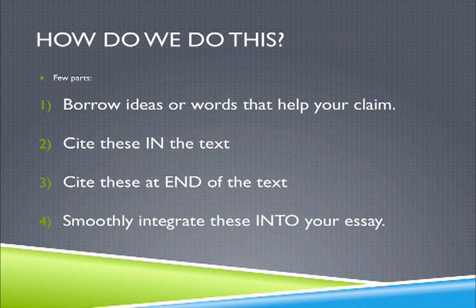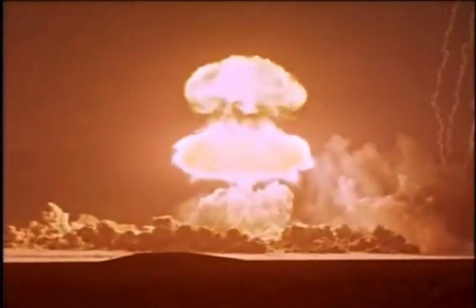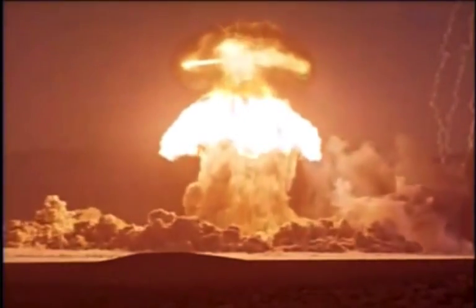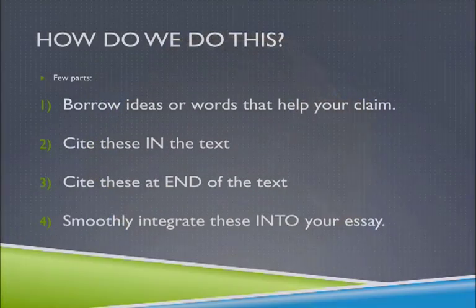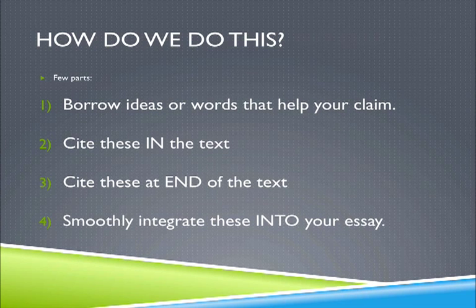We don't want to use the dreaded quote bomb, where we just say, hey, I should be able to use the car this weekend because I'm 16. Quote, 16-year-olds are good drivers, end quote, and then walk away. Well, that doesn't make any sense. Where did that quote come from? Who said it? What was the context they were saying it in? Additionally, how does it actually help your argument? You must do a lot of what we will call framing of these quotes to seamlessly integrate the words or the ideas into your essay. And again, we'll show you multiple ways in which to do that.